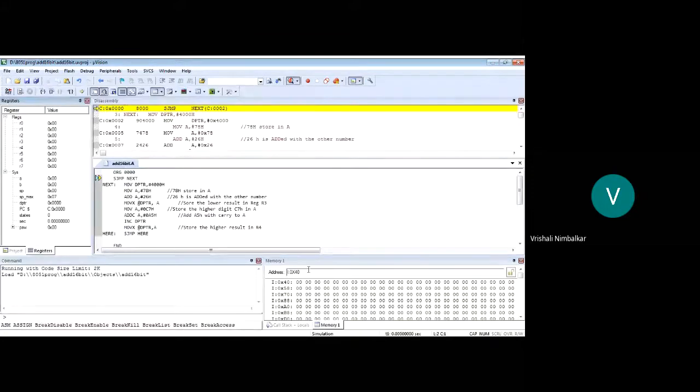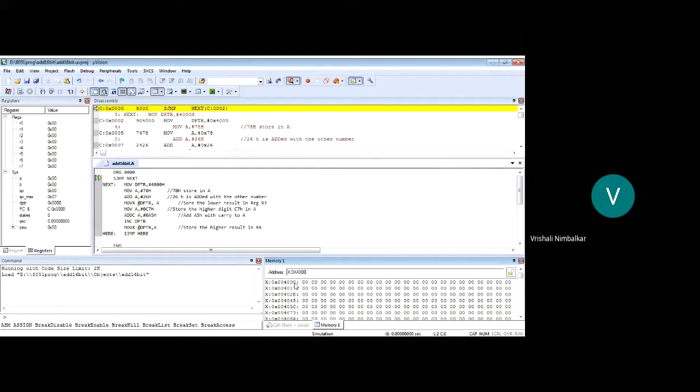Now students, what do I need? External memory. So in the memory window, write X 0x4000, because that is where my answer will be. Enter. Can you all see the window getting changed? It is showing X 4000. That's indicating external RAM. I is internal RAM, X is external RAM, and C is for code memory, ROM memory.